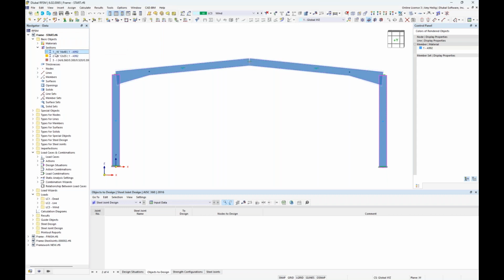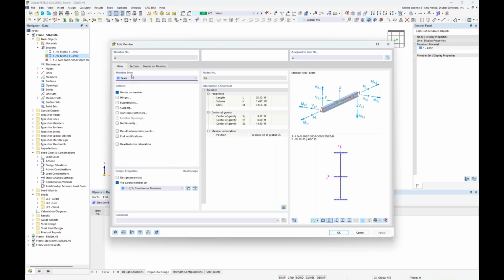You can see here the columns are assigned as W14 by 48. And for my beam members, these are W12 by 35s. But I also have applied a small taper at the beam member end. So if we double click on this member to go into the beam dialog box,